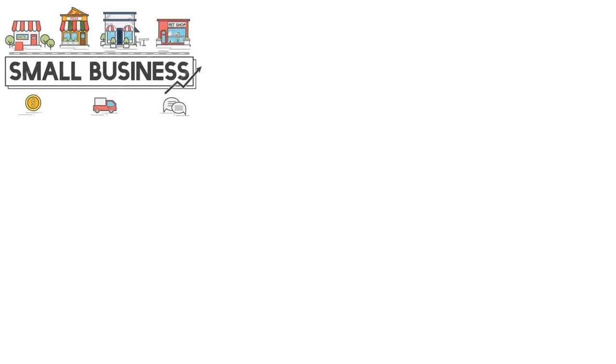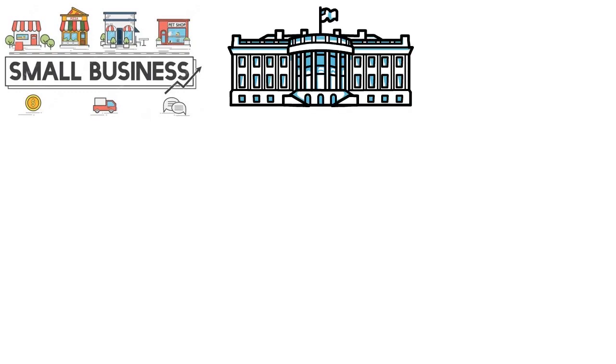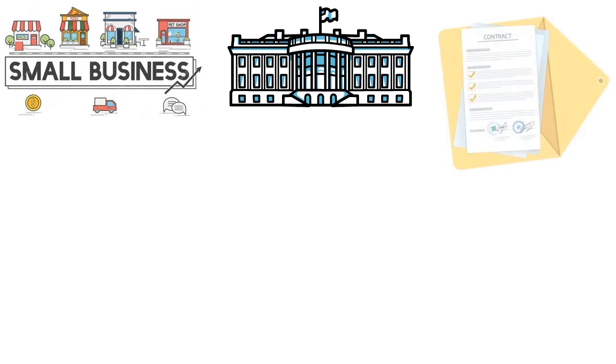You grew big time. The government wants to be sure that they are still treating you based on your size, because there are some contracts that are, let's say, set aside for small businesses. So it wouldn't make sense for you to have access to those contracts even though your size has actually doubled or tripled. Okay. So while you're updating your entity's registration, you can also update your POC and your NAICS